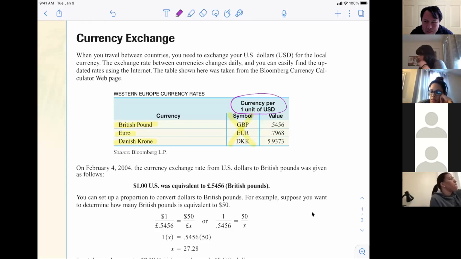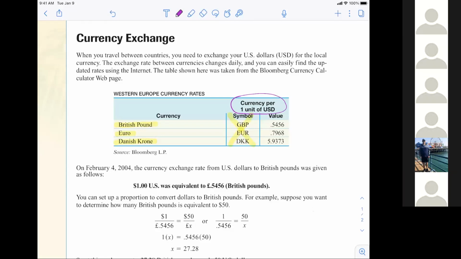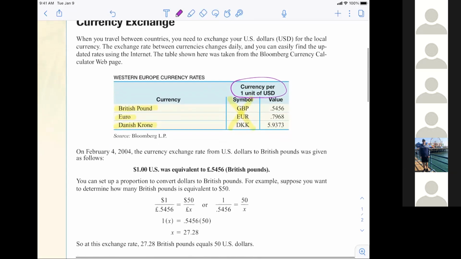Is that clear what I mean by the values here then? Does it make sense? I don't get a whole lot of reactions here, so. Oh, yes, it didn't make sense. All right, okay. So let's get to